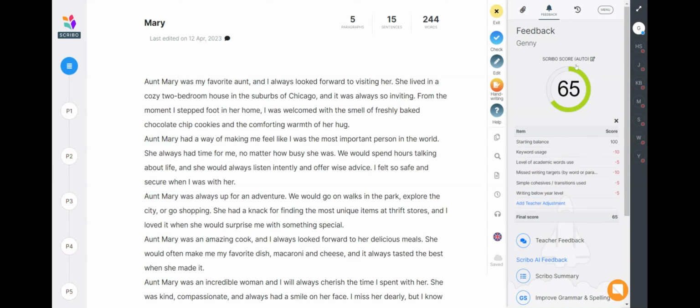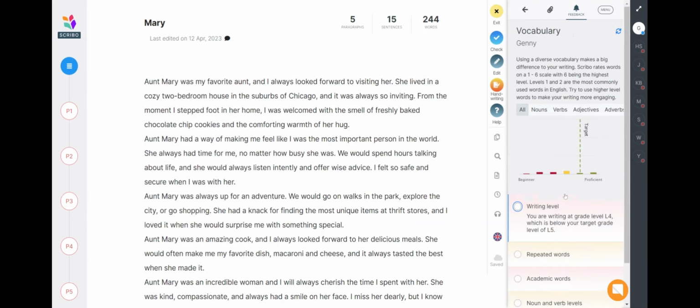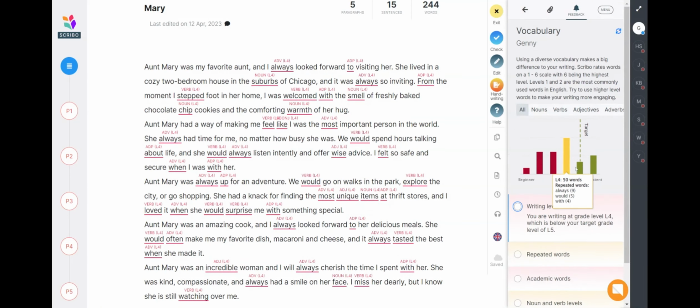If we go back to feedback, word writing below your year level. So this is vocabulary. So we're in this level here. So it's a year 9, year 10 essay, right? This is 11 and 12. So it's broken up into 1 to 6, and 6 to 12, so levels 1 and 2, 3 and 4, etc. So we're in this band here, we're supposed to be, and